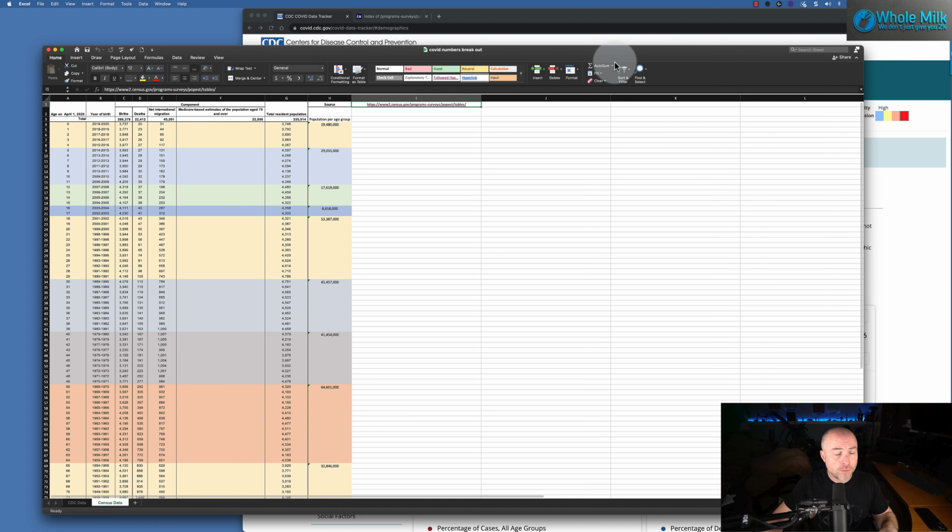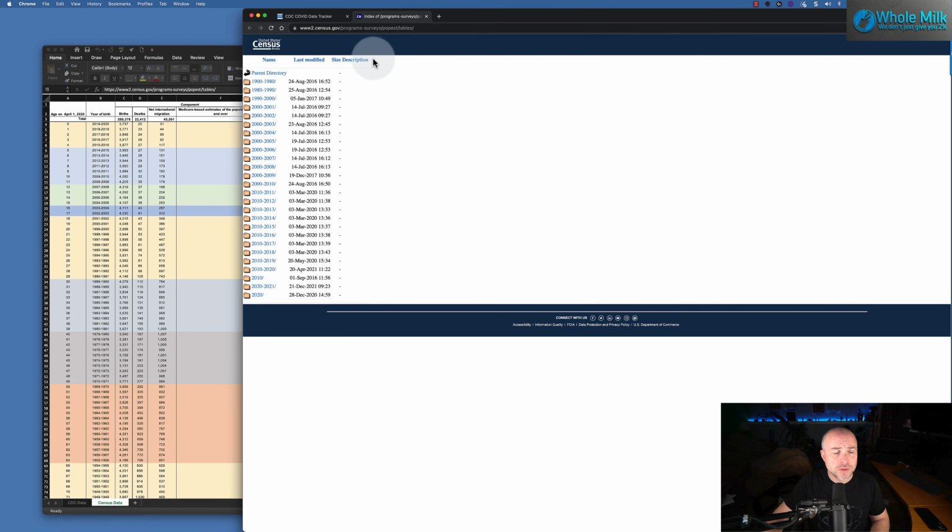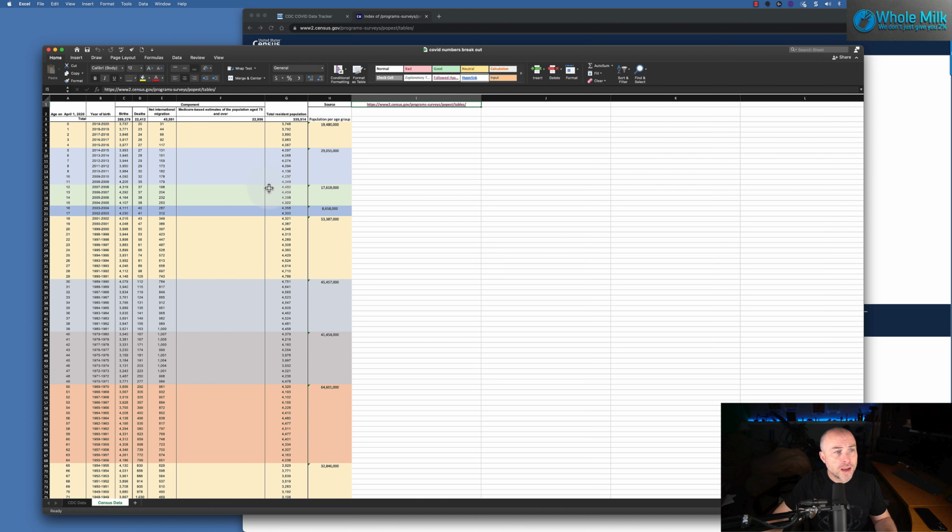So next tab over here, I've provided the census data link. The census data takes you to a page that looks like this, and you pull down from one of these folders from the U.S. Census Bureau. And what I did is I color coordinated by the age swaths that they had in their data set for COVID. They have these randomized age sets, and some of how they chose these groups doesn't quite make sense to me.